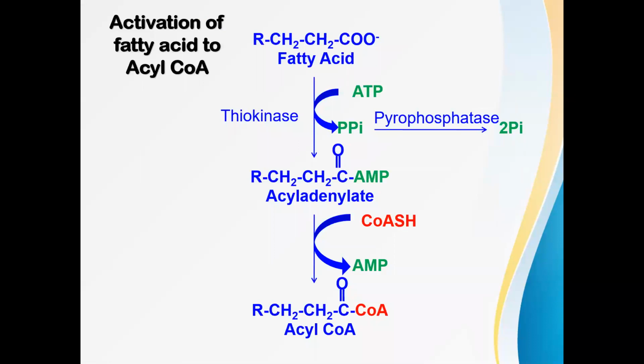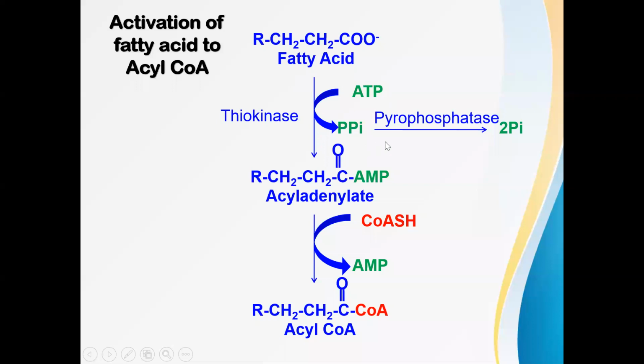So the first stage of beta oxidation is activation of fatty acids to acyl-CoA, and this occurs in cytosol. So this is the general structure of your fatty acid. R is the side chain. So COO minus group is there, that means the carboxyl group is there. This combines with ATP, or utilizes the ATP, and it is converted into acyl adenylate. This AMP gets attached to this carboxyl group. This acyl adenylate is formed.